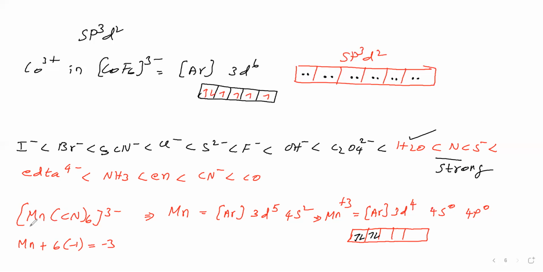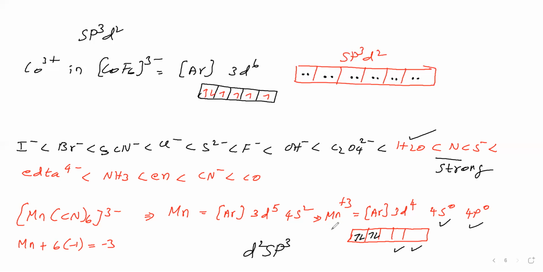Therefore, from manganese, 6 pure atomic orbitals should go for intermixing to give 6 vacant hybrid orbitals. That means 6 orbitals should go for intermixing. Take 2 from 3d, 1 from 4s, 3 from 4p. Then you will get d2sp3 hybridization. Octahedral means d2sp3, otherwise sp3d2. Okay. From d you take 2 orbitals. Don't take more than that.